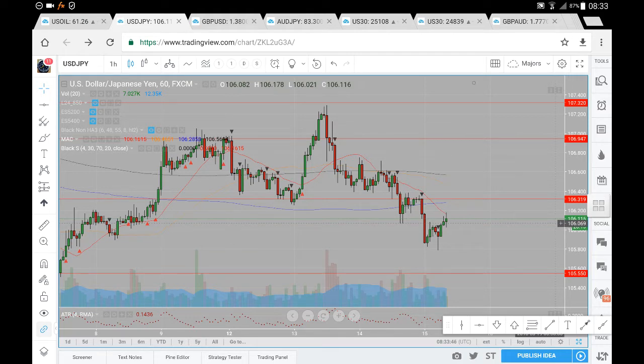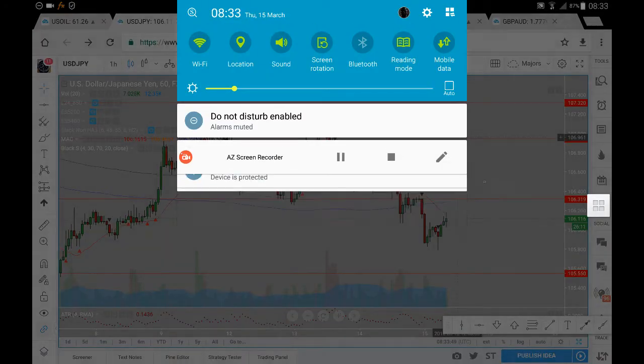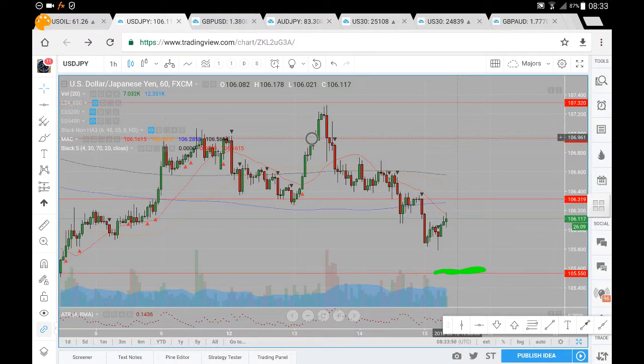We didn't quite get down here towards the 105.55. The very next level that we are looking at here on the US dollar Japanese yen. We do seem to have found some buy side momentum coming into the market here at the 105.80. So if we do see the continuation of this buy side momentum come back into the market, we are looking for prices to head up towards the